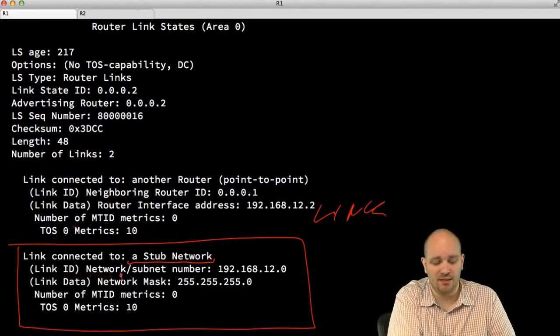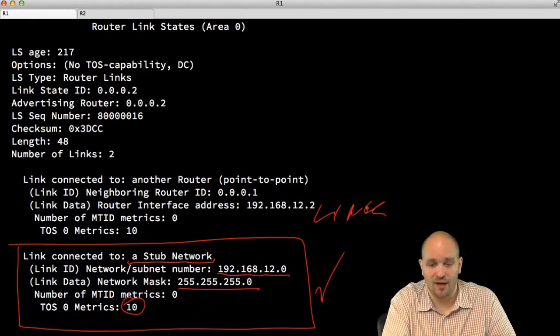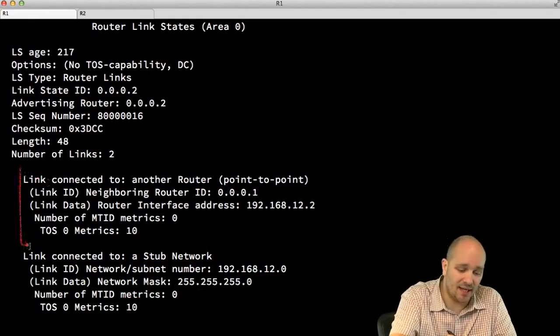And we can see here that the network is 192.168.12.0, and that the network mask is 255.255.255.0, and we can see that the metric is 10. All correct information and what we expected to see. Now, this link entry here